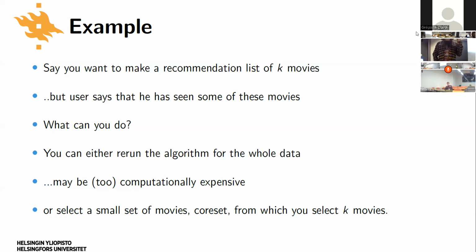So once some stuff gets deleted, once you say, okay, I don't care about these movies. The idea there is that you do a bit heavier pre-computation, you get some summary, which is called a coreset. And then after that, the user comes in and says, oh, I don't care about these items, these movies. Then I have a second algorithm that lists stuff, and this will be faster because the set is just small. So that's kind of what we're trying to do.